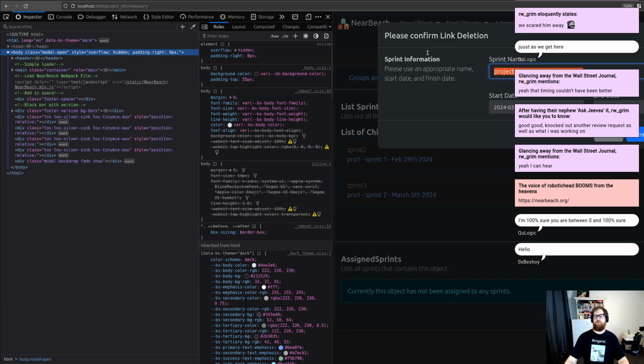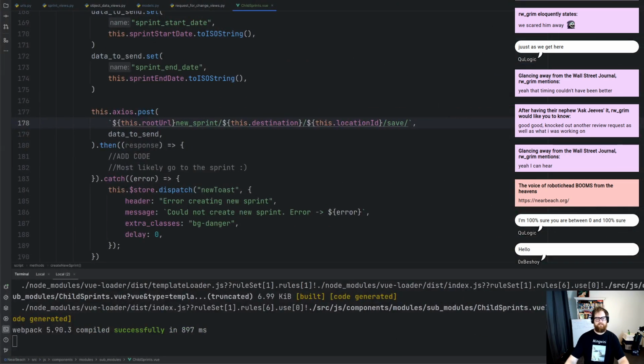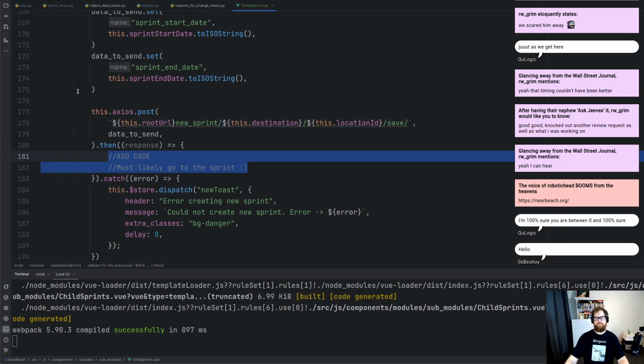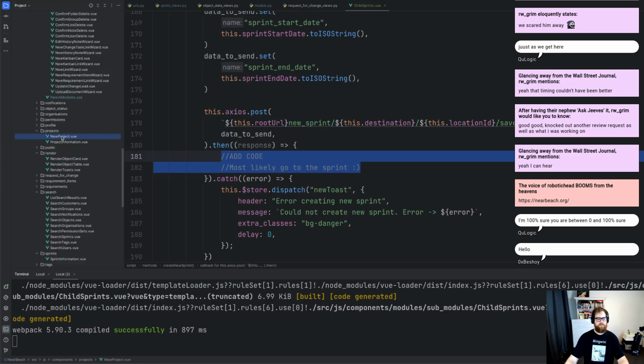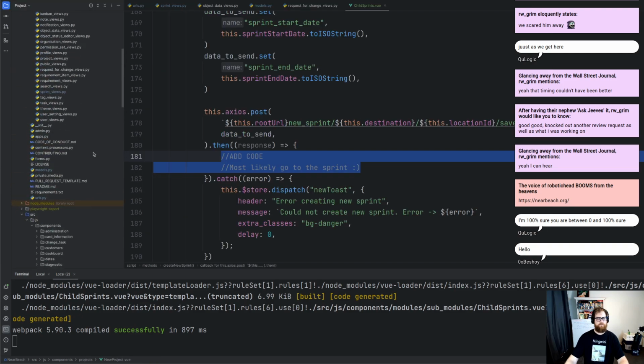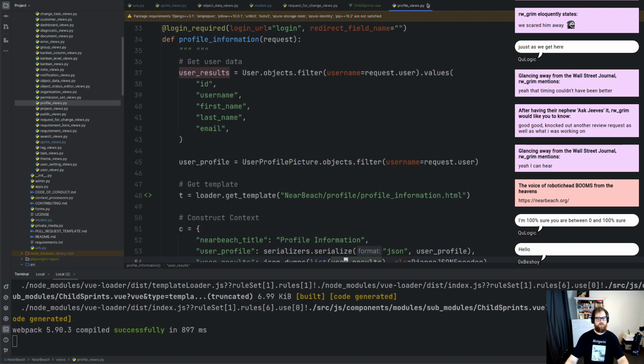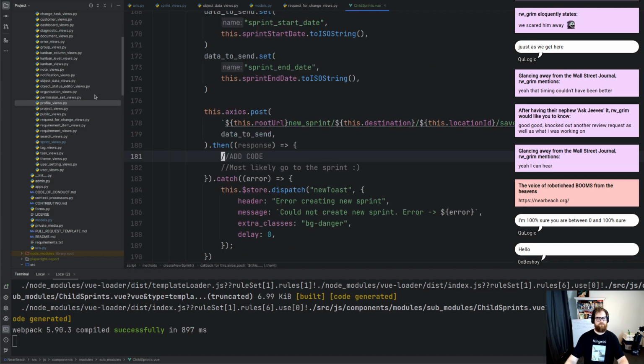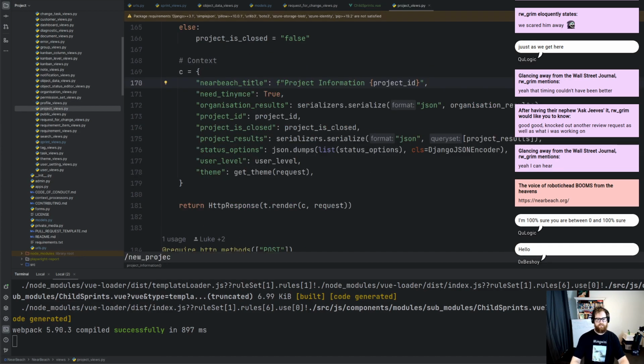So the create new sprint will send it to the back end, and then we'll most likely go to that sprint, so we'll actually get that ID back, very much like how new project does it. So if we go into the views and go project views, not profile, project views, and go new project